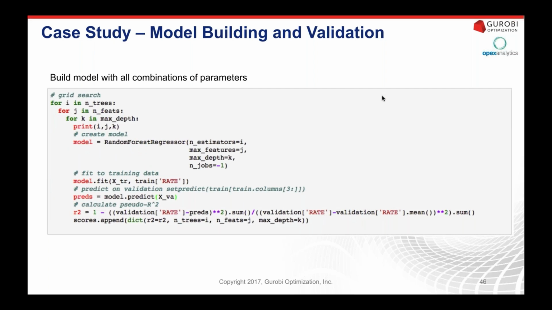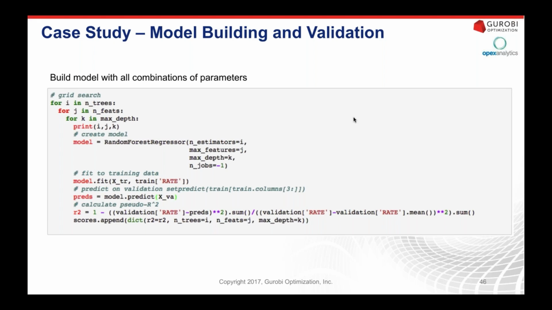Okay, so now we're going to look at doing a grid search over all of these parameters. What you're going to see is in each iteration of this nested loop, we're going to instantiate a random forest regressor modeling object, passing it one of the different sets of estimators, features, and depth. And again, as we mentioned before, in certain ensemble models, we're able to build different segments of that model in parallel. So we're going to take advantage of that here and again pass the n_jobs equals -1 parameter.